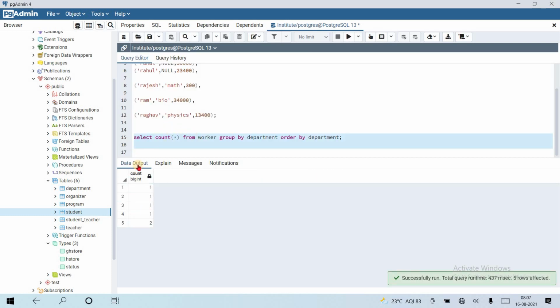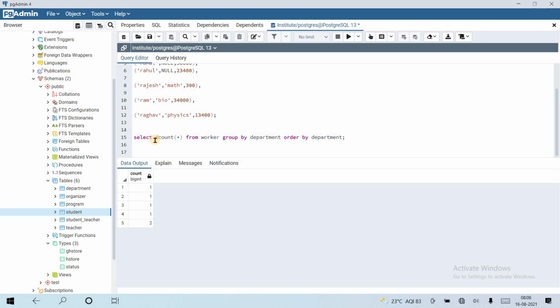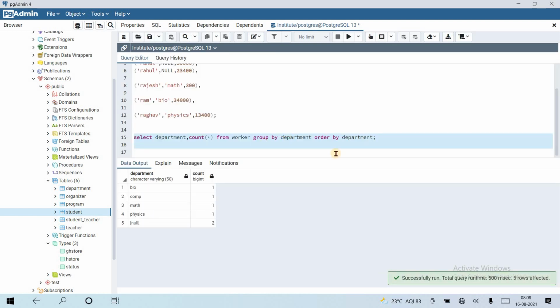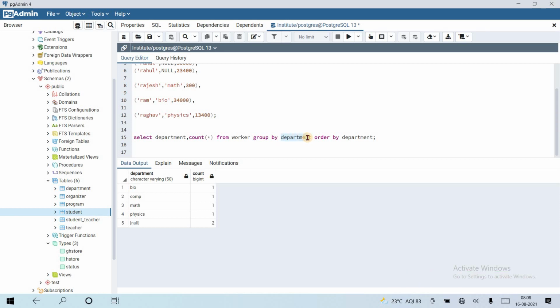Yes, but we didn't understand for which department. Okay, so let's see. So department. Now it is giving me an error. What is the error? You know that use department in aggregate or group by clause. Oh, we already used this department in group by clause.